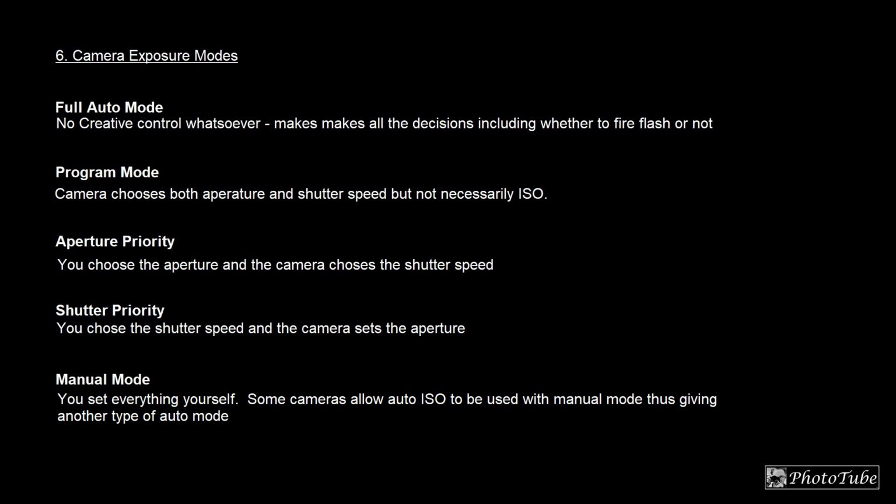You will hear a lot of people referring to manual mode as the professional mode. That's not really the case. Although a lot of professionals will use manual mode, they will use it when they have to. Typically in difficult lighting situations where the camera's meter might be fooled into setting incorrect exposure. One final thing to note,